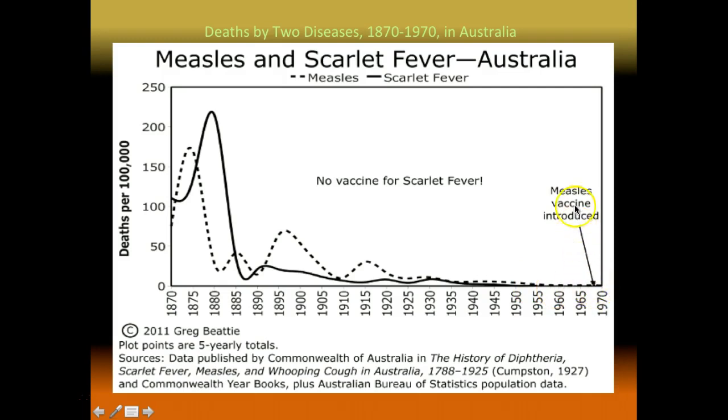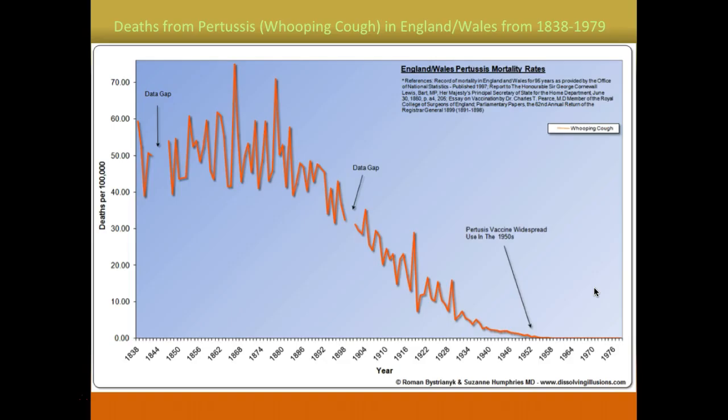And then this is when the measles vaccine is introduced, which is kind of interesting to think about. Why they would introduce a vaccine when there was almost none of the disease left, based on increased nutrition and rest and sewer systems and cleanliness, hygiene. And then one more chart.